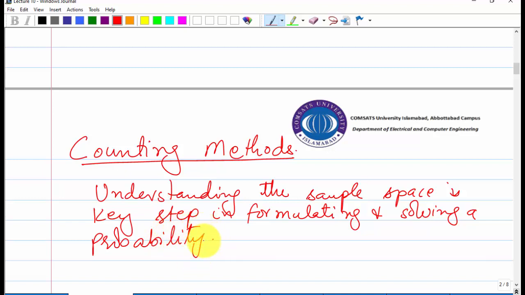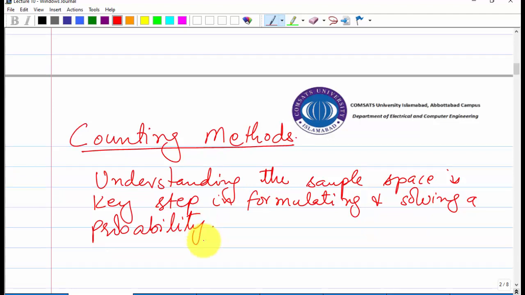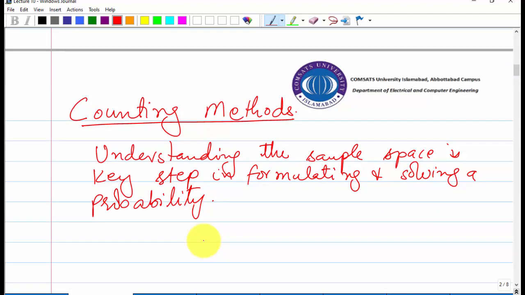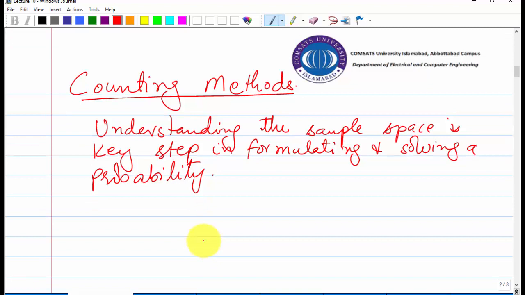As you have seen so far, in every question that we have solved to find the probability of a certain event, we first note down the sample space. But so far the sample space was very small, so we could write down each and every outcome of the experiment. But sometimes this number,